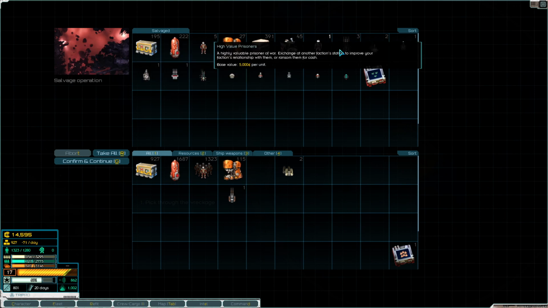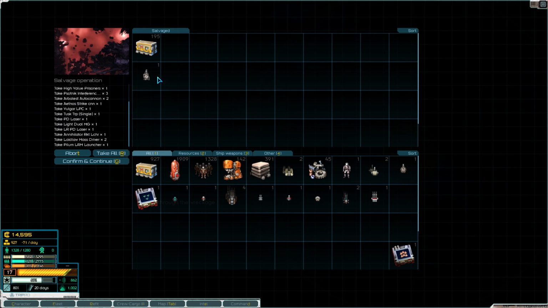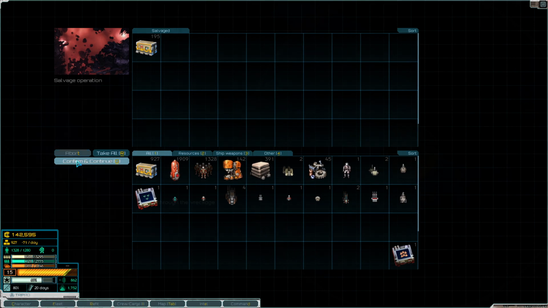I thought those were prisoners. We got 1 prisoner. We got some more machine guns because, once again, all these pirates and independent stuff have things. So, rip supplies. We can't salvage those. I mean, technically...